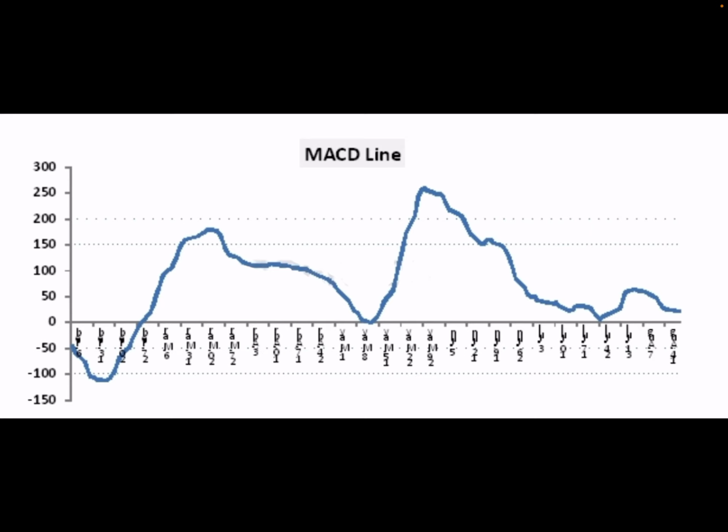When this happens, the trader should look at buying opportunities. The sentiment is bearish when the MACD line crosses below the 9-day EMA, wherein the MACD line is lesser than the 9-day EMA. When this happens, the trader should look at selling opportunities.